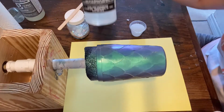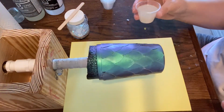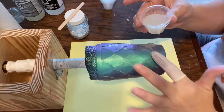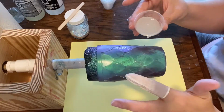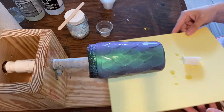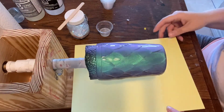And now I am working with my Stone Coat Quick Coat epoxy, so that way I can get that on there and go ahead and put my glitter on top. So just make sure you spread it evenly, make sure it's in between the scales and everything. Okay, so now that it's completely covered in epoxy, I am going to be using a opal color translucent or